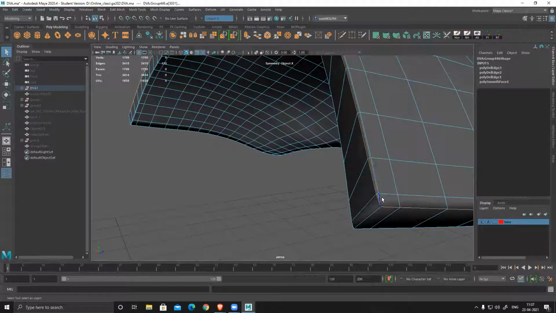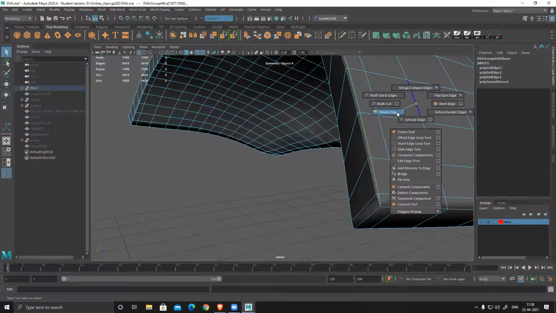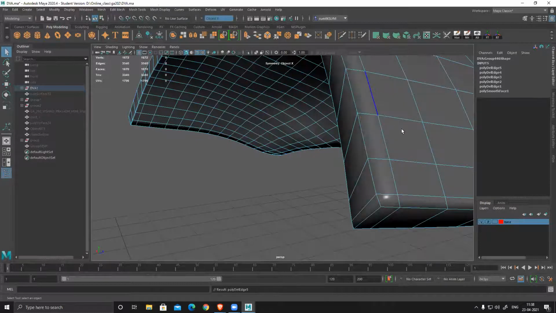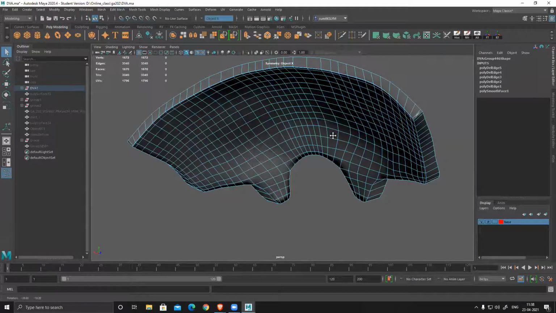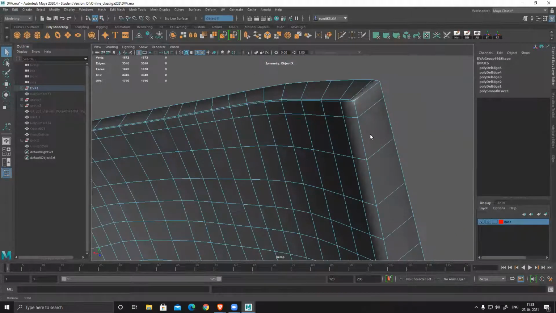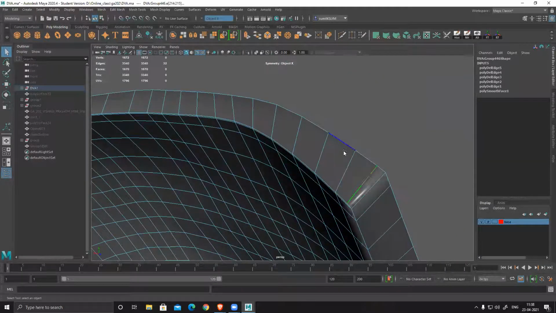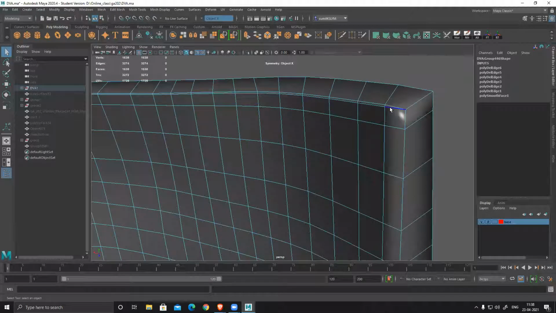Okay. Remove. Similarly, from the base I also need to remove. Delete.